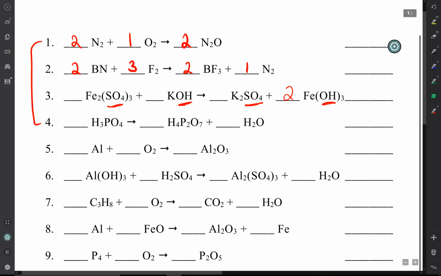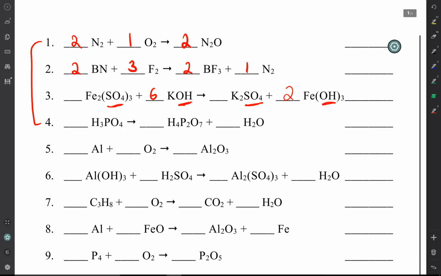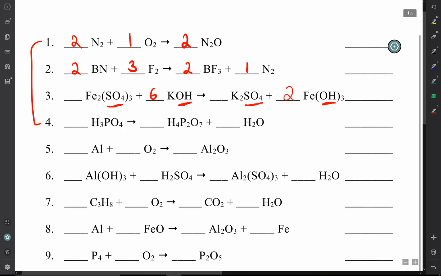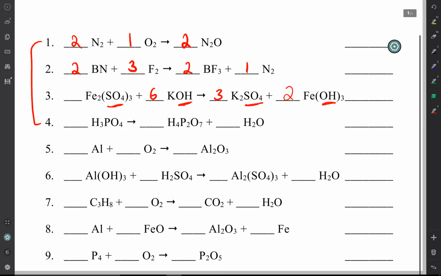The next logical thing would be to check out my hydroxide, since I just made a change there. I've got 2 times 3, or 6 hydroxides on the product side of the equation. If I go back over to the reactant side, I only see 1. I can fix that by putting a 6 in front of KOH, potassium hydroxide, and now I'm balanced for hydroxides. The next logical place to go would be to look at potassium. I've got 6 potassium on my reactant side. 6 times 1 is 6. I only have 2 on my product side. If I put a coefficient of 3 in front of potassium sulfate, I can get 6 potassium